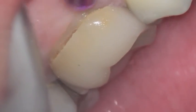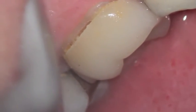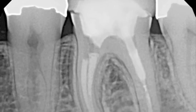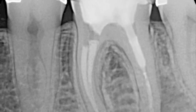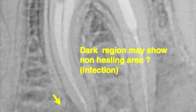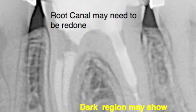So we'll go back and look at the root canal, and when we took some x-rays in that regard, it looks like the root canal may not have done a good job of healing, and so the patient has a good possibility that there is a residual infection there, and we'll need to have the root canal done before a new crown. So sealing crowns is a good thing, getting the root canal done